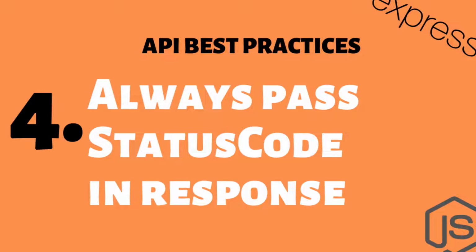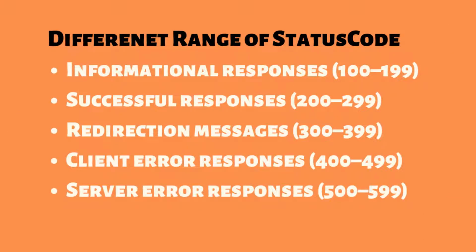So let's say you have some information in your response, then you are going to use a status code between 100 to 199. And if you have something to tell about a redirect, then you have to use 300 to 399, and respectively you have different code ranges. In that also, you have some particular status code for each type of response. I'm not going to talk in detail about these status codes. You can get the list of all the status codes used in HTTP and you can use them accordingly. These status codes will help you to know what kind of response we are getting from this API at the first go itself.